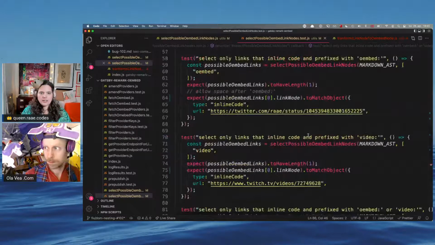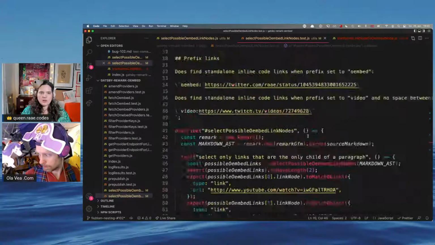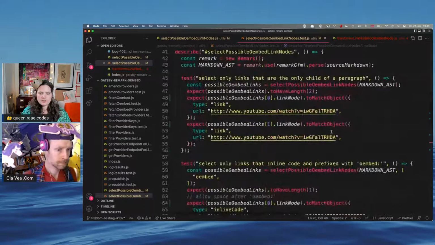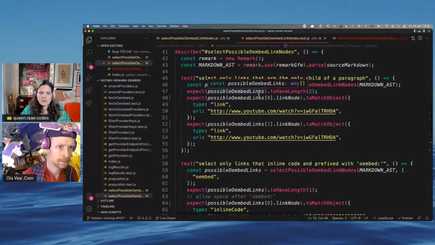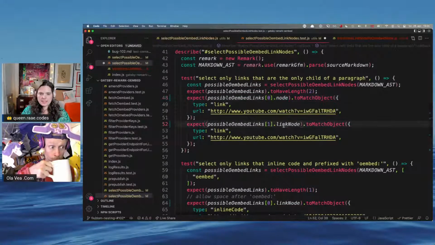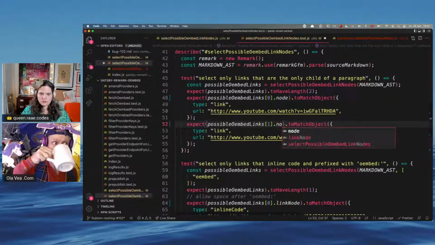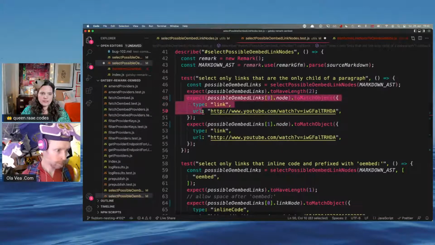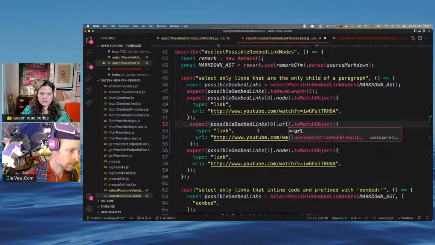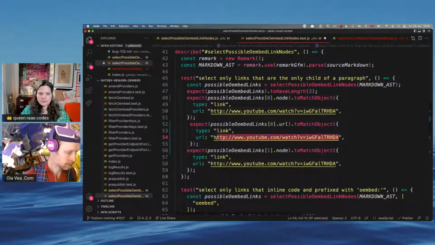So in our tests now, if we have this nice markdown, we should still get the same amount of links, and the node should still match. There should also be a URL on there. So the URL should be...